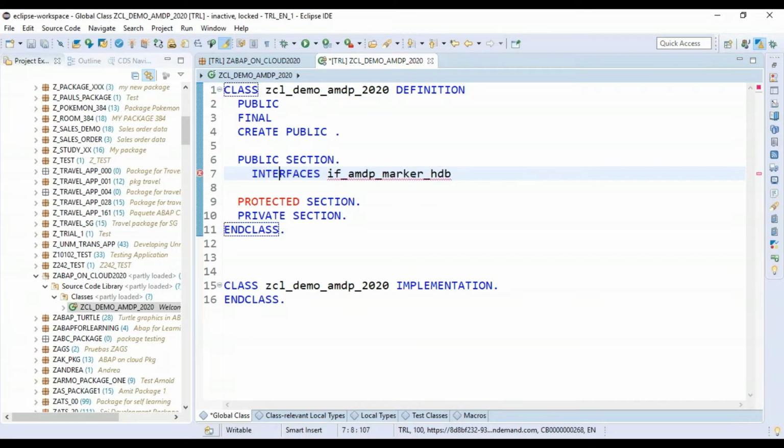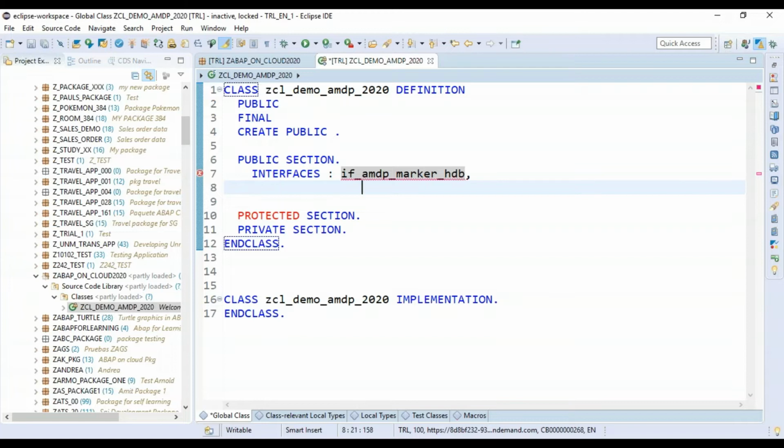For holding the SQL script code for us. And the second one will be the interface for running console output using the class. Awesome. Now we'll go to the method definitions and we will define two AMDP methods. The first method is going to be the method to get the flights, and the second one will be to